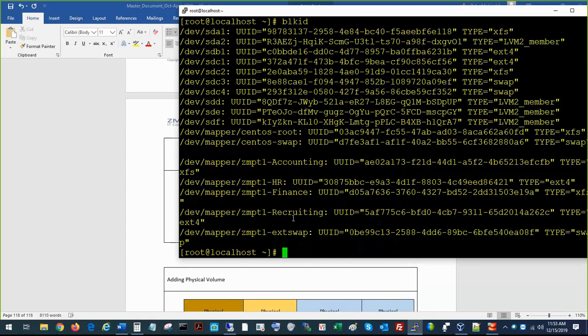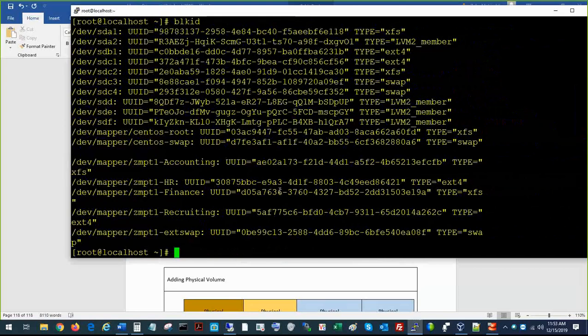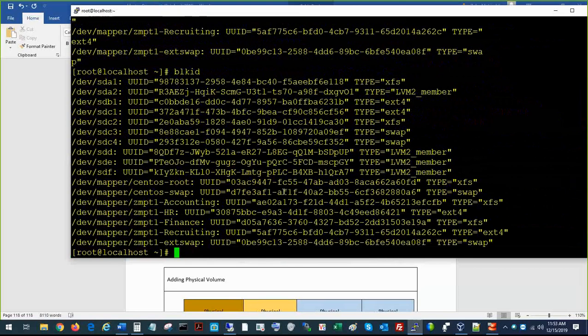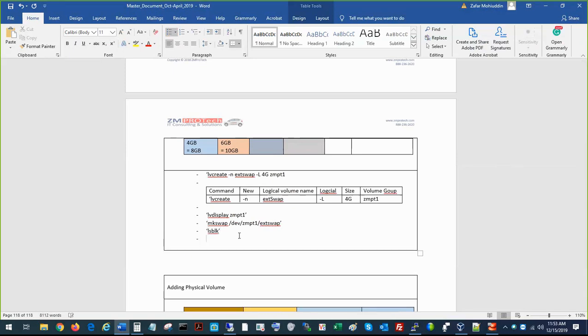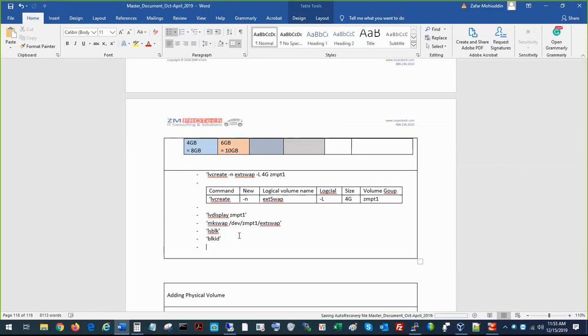So the system has seen that the file system is created, or the operating system is seeing it. Okay, so you don't have to worry about that. So I'll just put down lsblk here, just so that you know. Okay, blkid, block ID. Okay, once you confirm that,